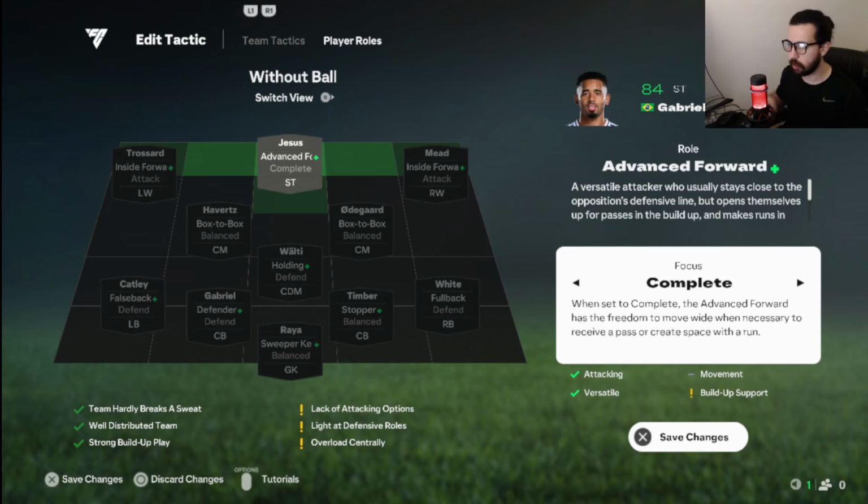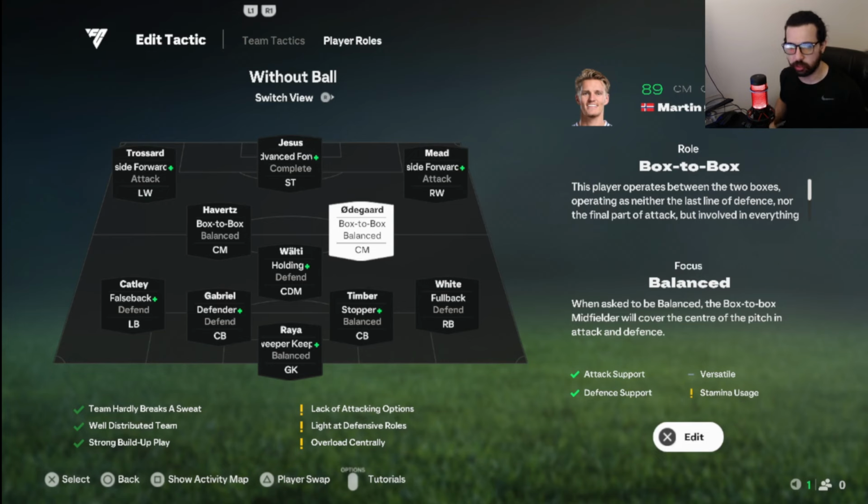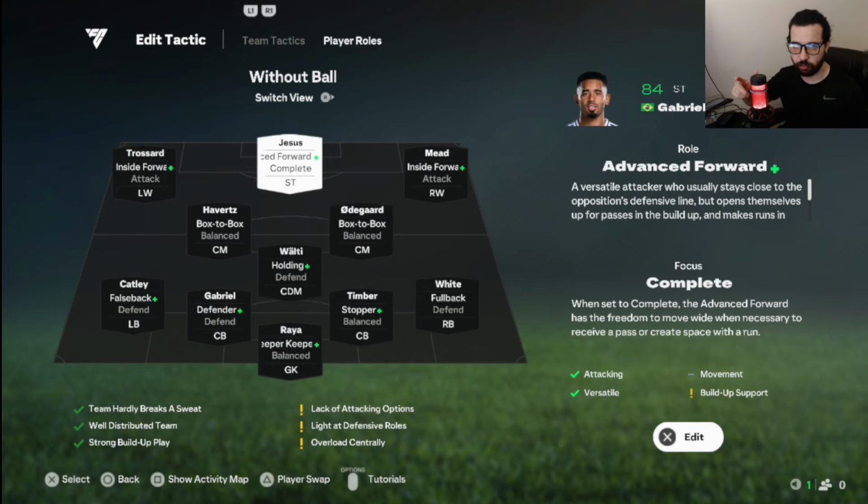And then your main striker, please put advanced forward. Try to get an advanced forward plus, please, because it does push your opponent's defensive line back, and it does have some more aggressive attacking AI. If you have somebody like, for me, I have Odegaard with the incisive plus, and then you have an advanced forward, you could just send them a through ball, and first time